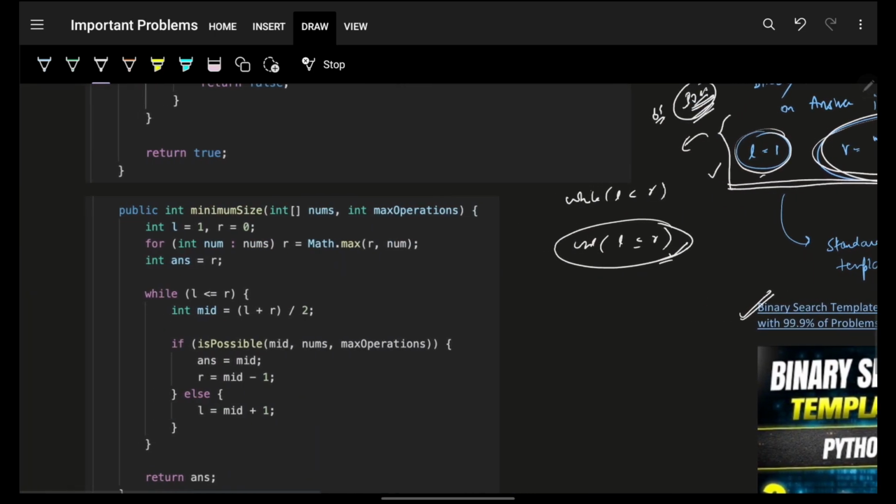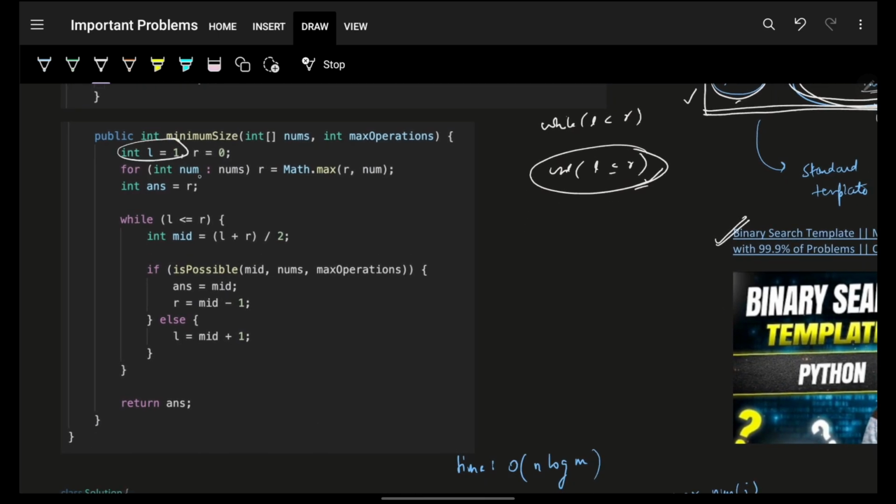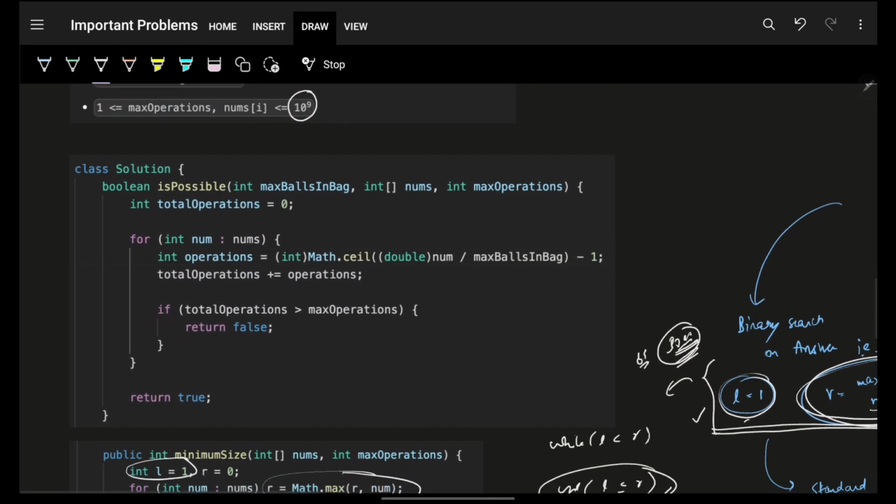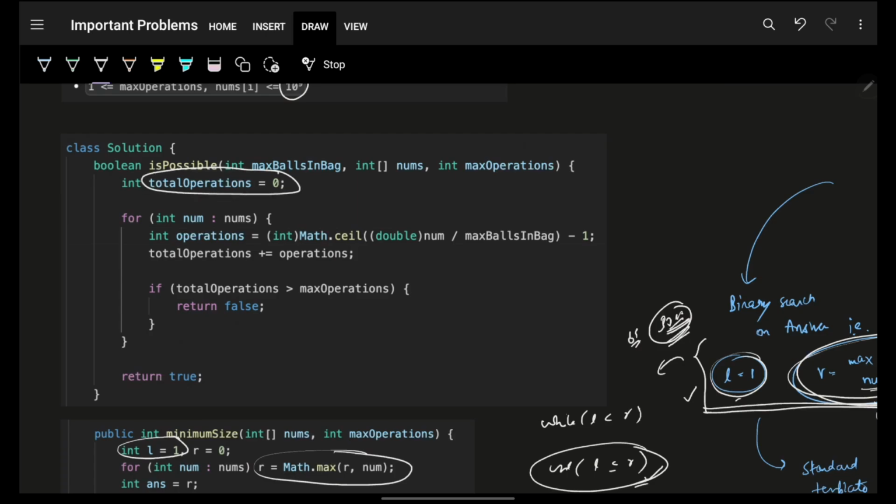The code is exactly simple. Firstly, I put my L as 1 and R as the max, and then I initialized my answer with the maximum possible value. Then I did a simple binary search template. I went to mid and checked if it is possible. If yes, then update your answer and go and try for a lesser value. If not, then try for a higher value. Ultimately, return the answer. For the is-possible function, I'll simply go and check what operations are required